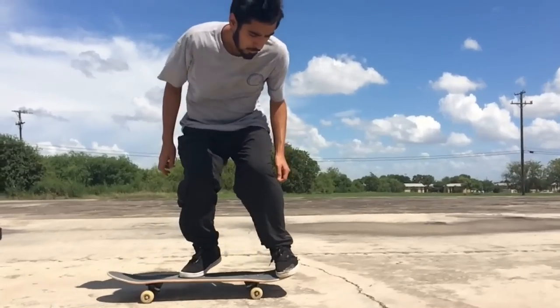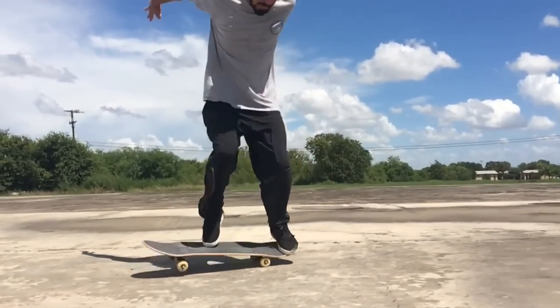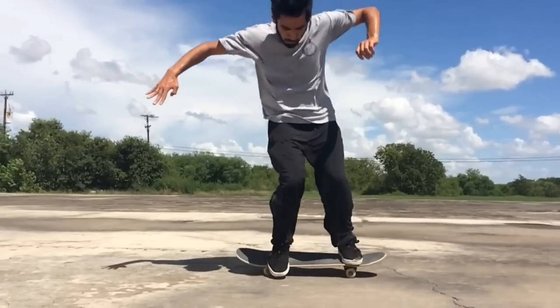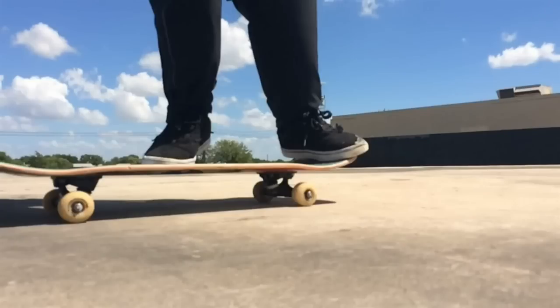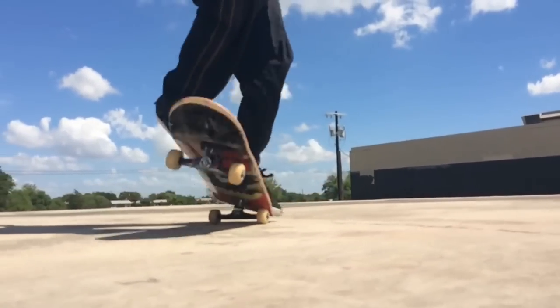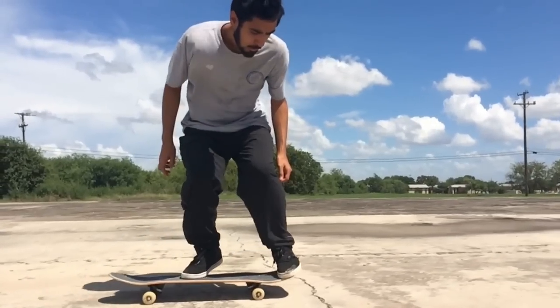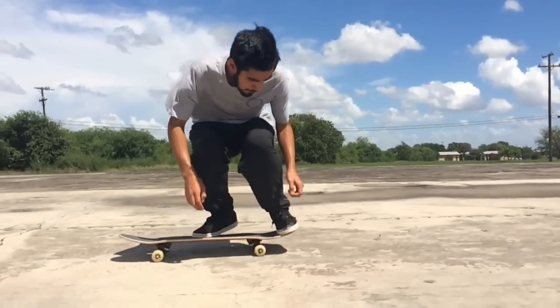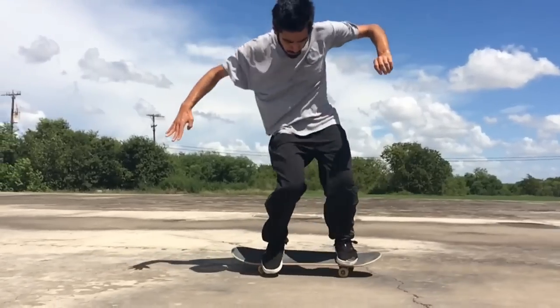So you're going to set up like you would for a Tre Flip. Of course, it's just going to be the opposite feet instead, and you're going to put your front foot on the very tip of the nose. If you want a good pop on a Nollie Tre Flip, like I said before with my regular Tre Flip, if you've seen my tutorials on how to Tre Flip, you would know that I talk about putting the back foot on the tip of the tail so you can get the best pop. Well, the same thing goes here for the Nollie Tre. You want to put the front foot on the tip of the nose